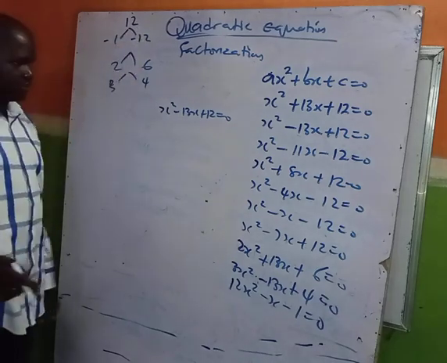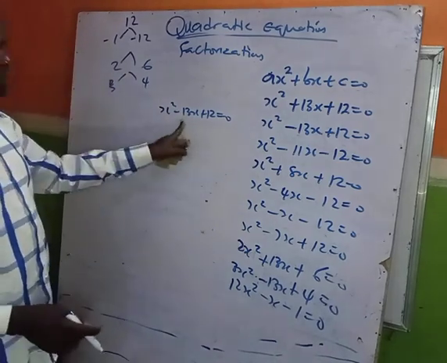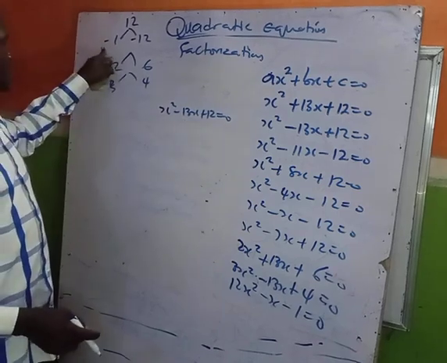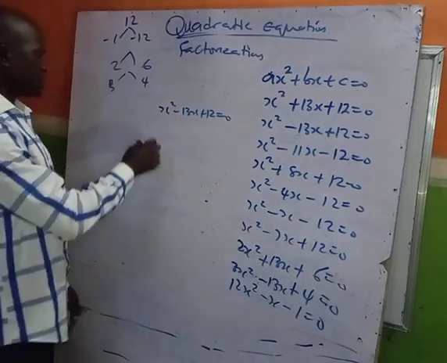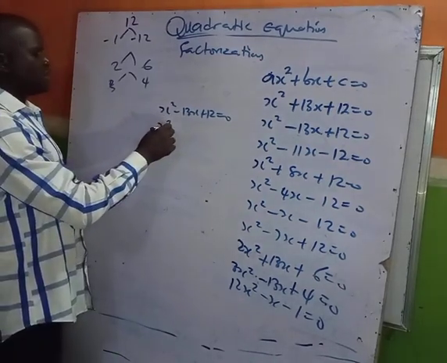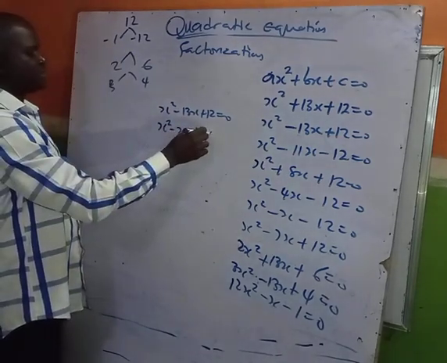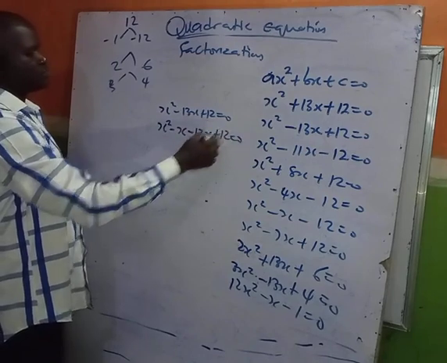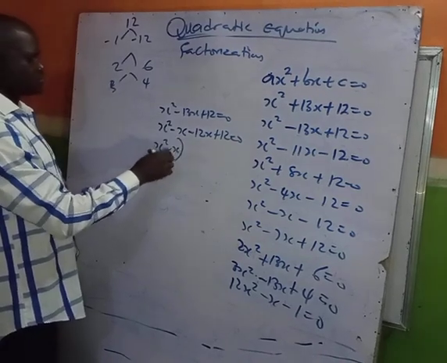Minus, minus. So minus 1 plus minus 12 is going to give you minus 13. Minus 1 times minus 12 is going to give you 12. So that is it. So you will have x squared minus x, that's minus 1, then minus 12x plus 12 equal to 0. So what you do again, x squared minus x, so you bracket